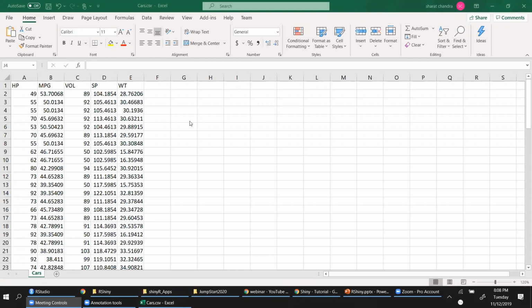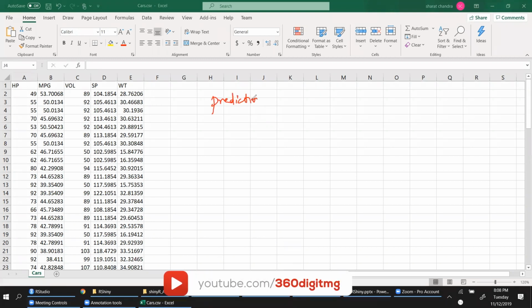Multiple linear regression, for people who have no idea about what I'm talking about, is a prediction technique. It's a machine learning algorithm for predicting a specific variable.